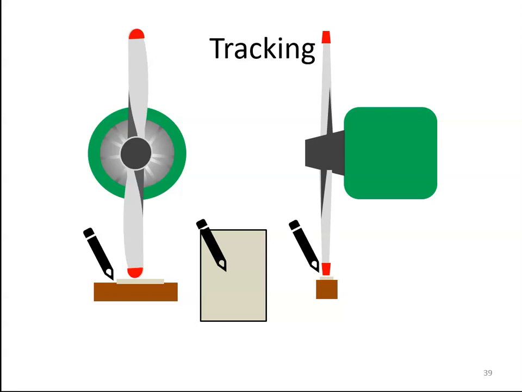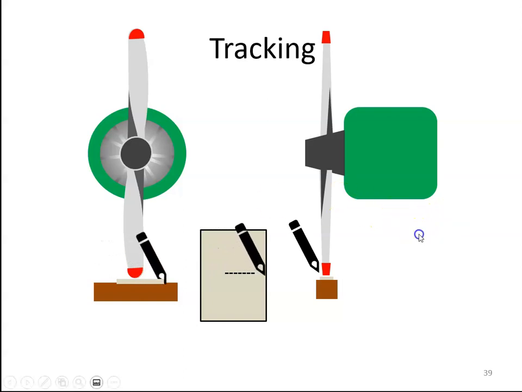So tracking, or propeller blade tracking, is where we track the blade in its plane of rotation. So for example, let's say we have this propeller blade here, and what we're going to do is mark a line here on this piece of paper. We're going to mark a line here saying where this propeller blade is. So this is the track this blade is taking. Okay, so we mark that line,